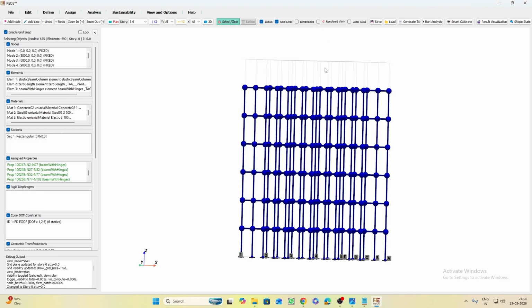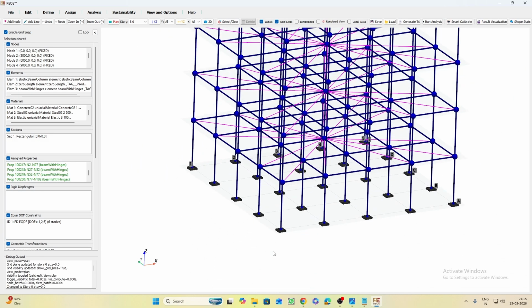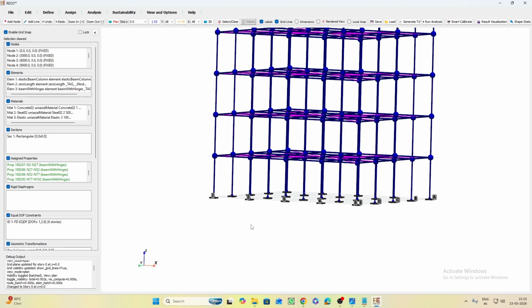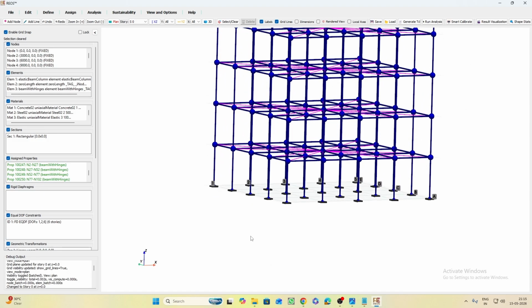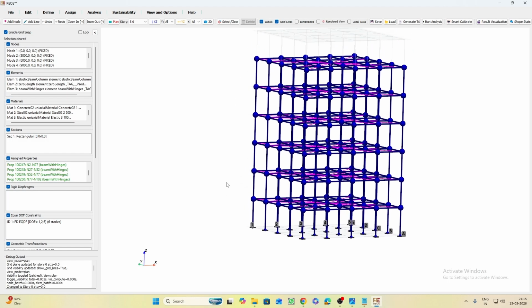Okay. Now you can see the fixed support conditions are created. So we are done with the geometry creation,